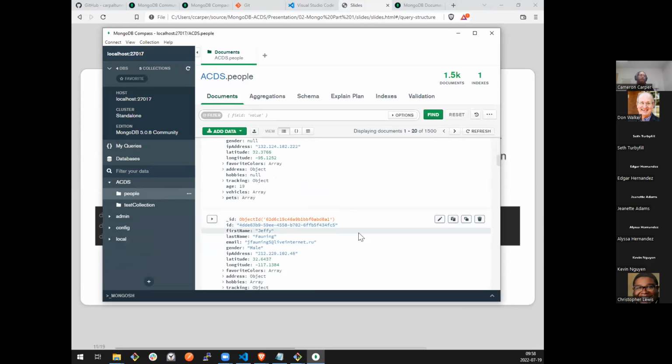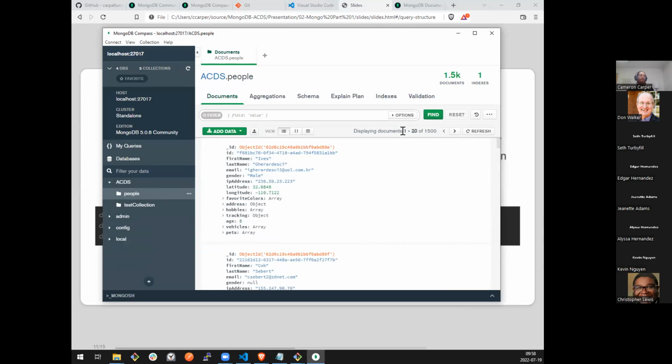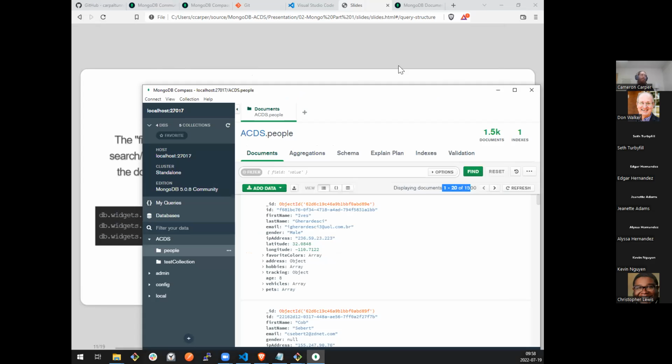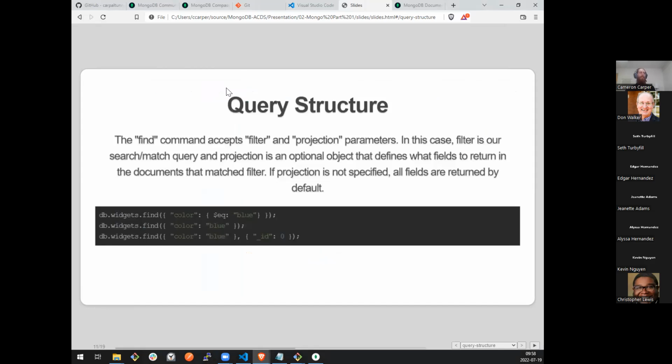It will automatically query a few records just so we can look at them, and it will show us a lot of helpful information, like it's showing us documents 1 through 20 of 1500. But now we actually want to start querying against this data. The simplest query is a find, and that is the equivalent of a select star from in a SQL world. The primary difference, besides the fact that everything is different, is that instead of saying from table or from collection, the collection we're going to query is part of our command before we even get to what we're searching for.